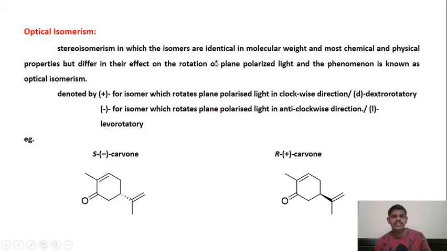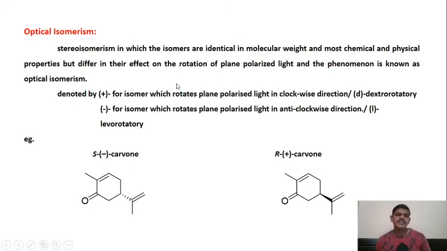So what is plane polarized light? You have to see it in your 11th and 12th books. It is a type of light which, when passed through a monochromator, gives you a single light. That is the main idea of plane polarized light. So you have to see in detail yourself what plane polarized light is and how it gets distorted or changes its path by striking a chemical compound.